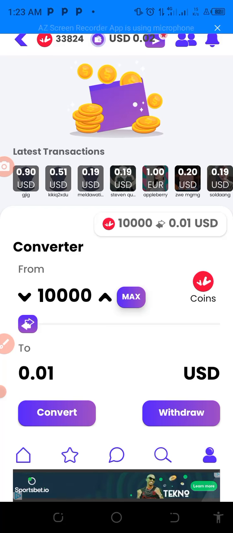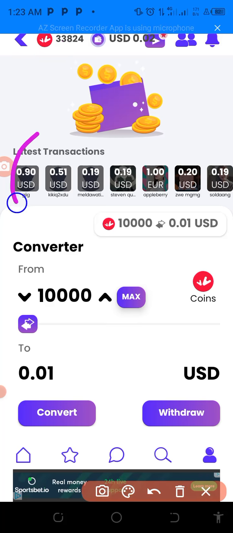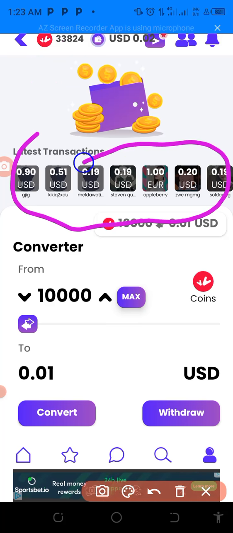So this is the converter to US dollars. Let me first explain this to you so you can understand. Look at all this. Look at this place.